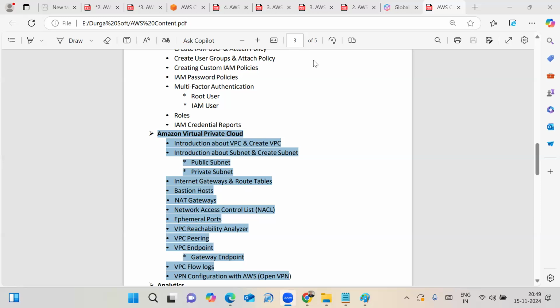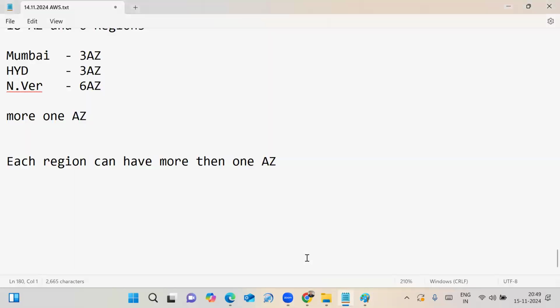Someone is asking what the timing is, sir. This is the add-on batch, 8 to 9, tentatively for 3 days. The actual timing is 7:30 p.m., and I can plan it based on 2 hours. If I teach every day for 2 hours, it takes 22 days to complete the sessions. Daily 2 hours.